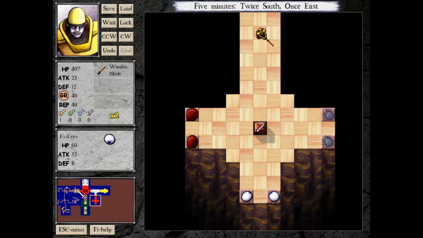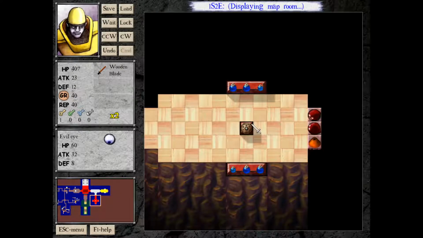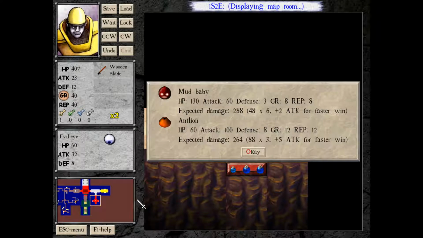By the way, although I've not looked through the rest of the level, it should probably be no surprise that going for the equipment as soon as possible is a lot better. Now on the other hand, if we get the sword first, we can reduce the damage of all of these to roughly around about 90. We're going to take mud babies down to only 2 hits and antlions down to 1,